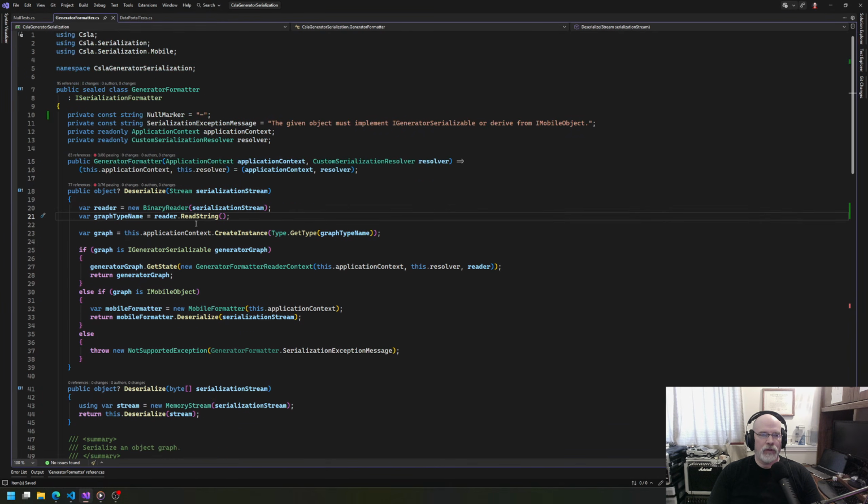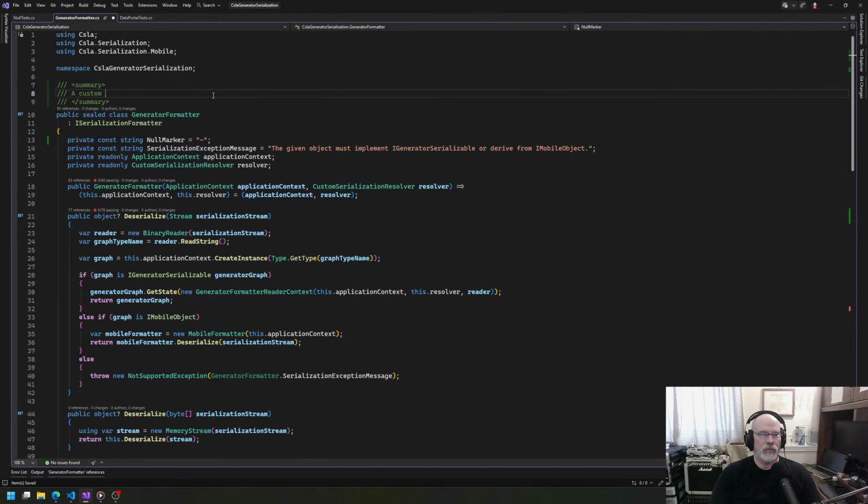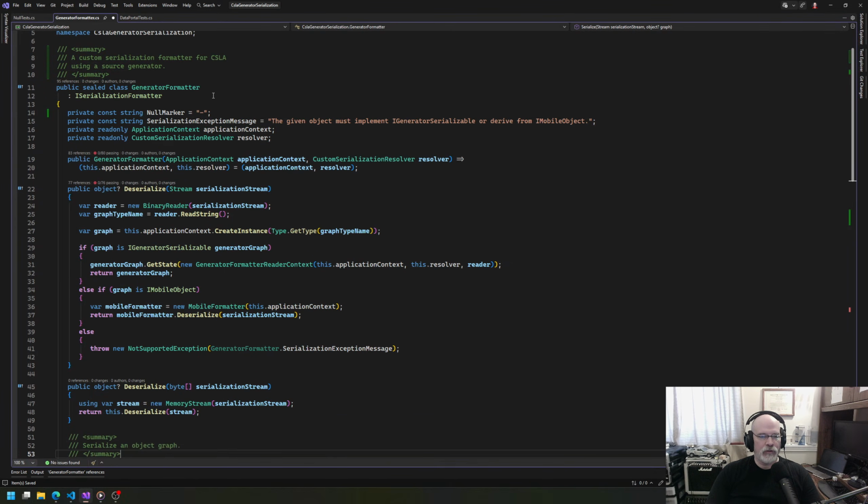We'll keep that the same. I don't know why I don't have XML comments on these things. I should. Custom serialization formatter for CSLA using a source generator. Okay. Now on the deserialized side, what we're going to do is read the